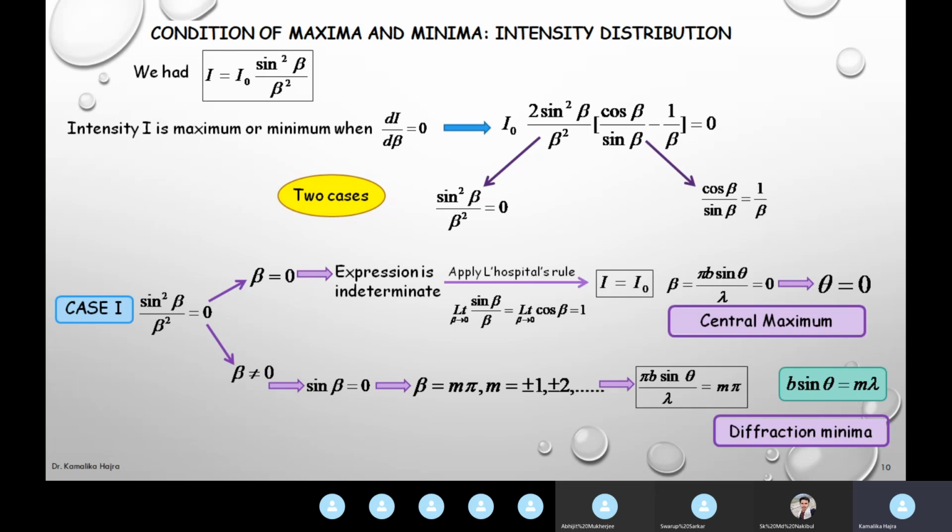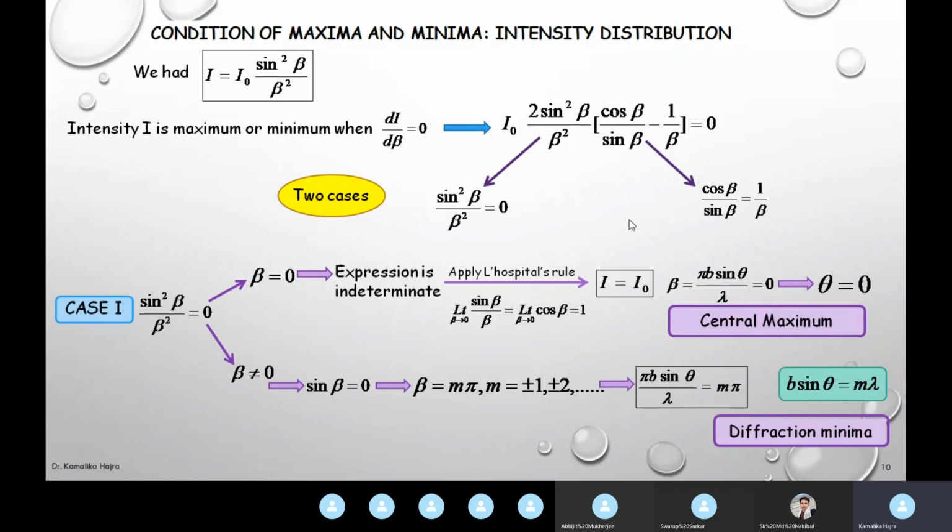Have you understood what I am trying to say? Two dark lines can be distinguished only if there is a bright line between them. Two bright lines can be distinguished only if there is a dark line between them. Otherwise, you won't be able to see them as separate lines. So these diffraction minima must be interspersed by some maxima. So we will now check out what these maxima are. Is it the same as the central maxima or is it something different? And for that, we need to study this second case.